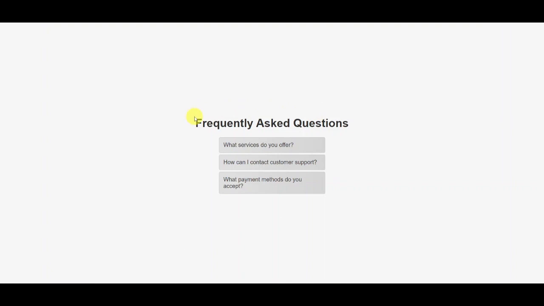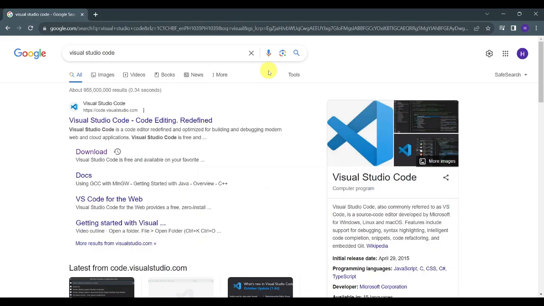Now the next thing we're gonna do is dive into how we actually came up with this entire accordion over here. So the first thing you're gonna need is a code editor that can run both HTML and CSS. To install this computer program, just open your web browser and search for Visual Studio Code. From here, click on this download link